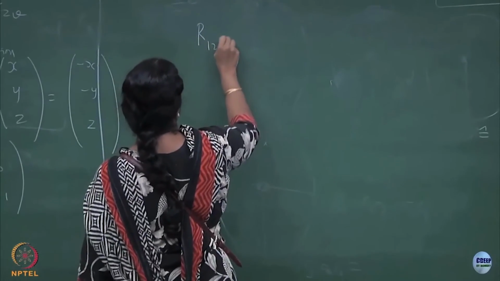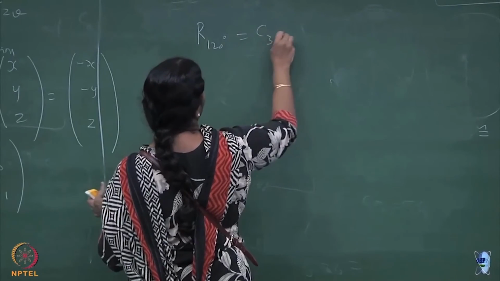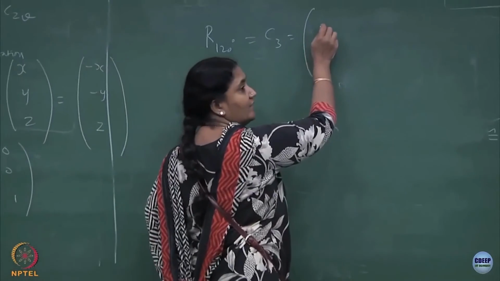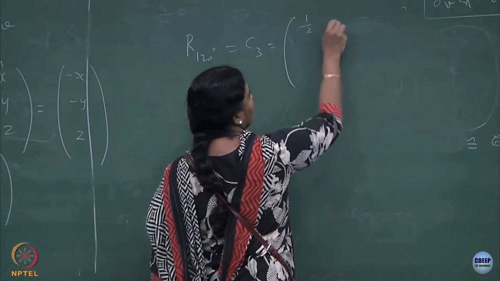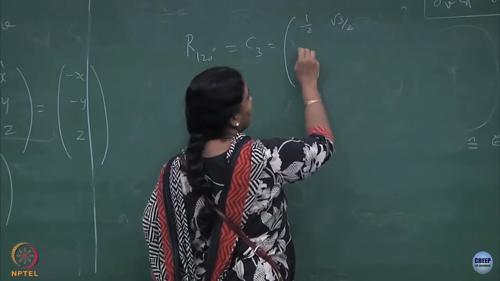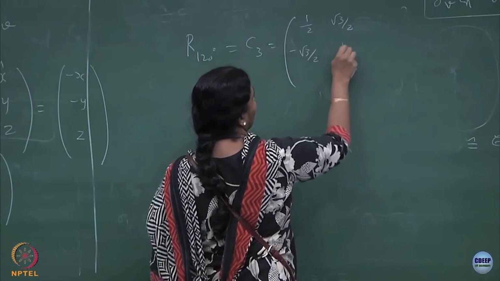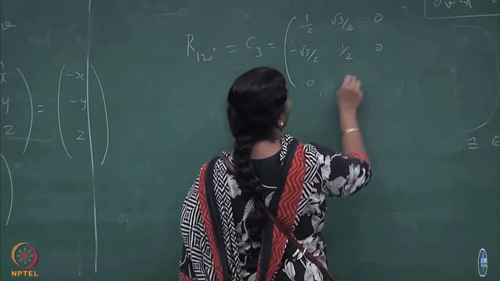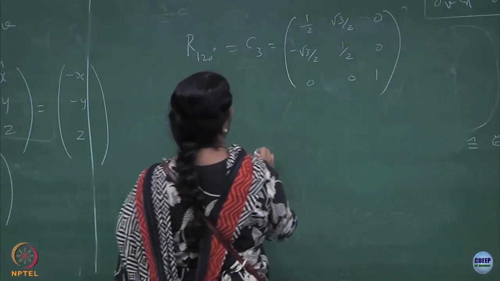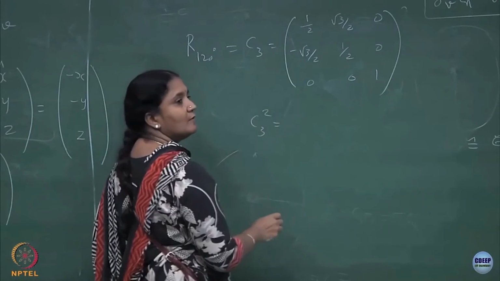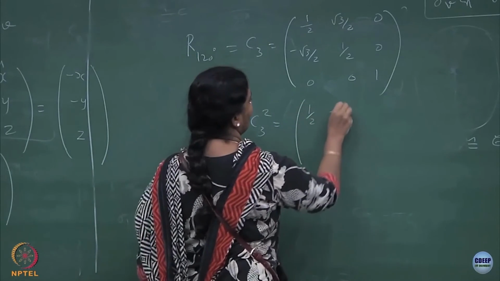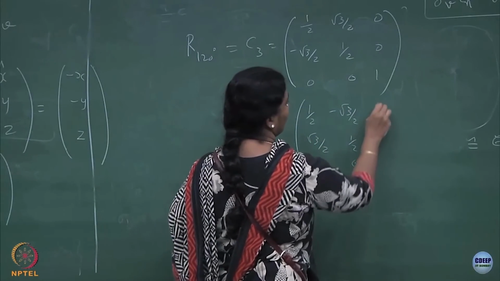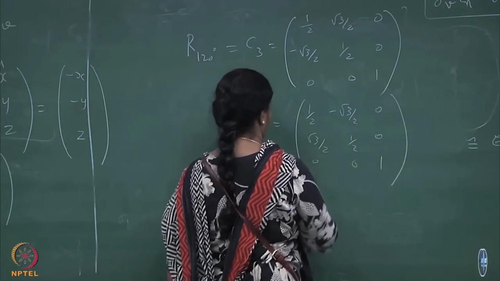R 120 degrees, which is what you call C3, the matrix will be cos 120, which is sin 30, is that right? And C3 squared is, right,